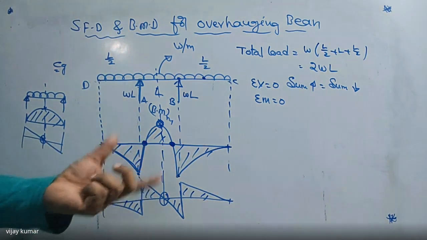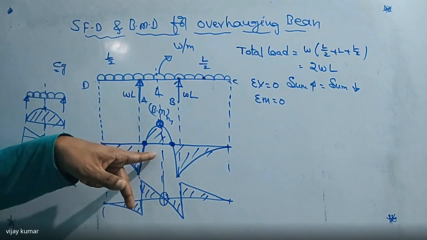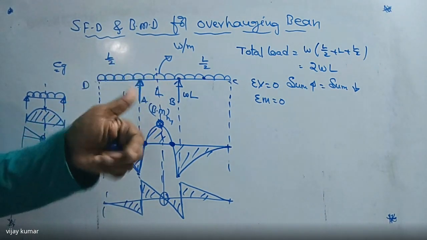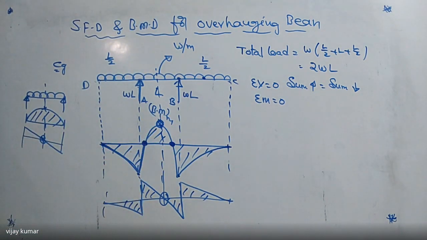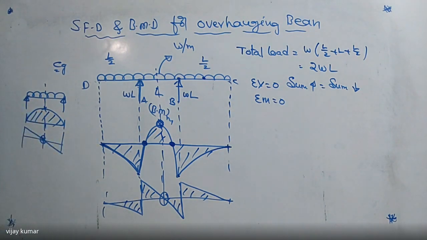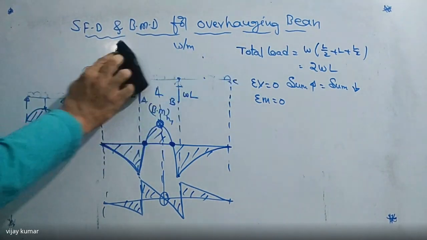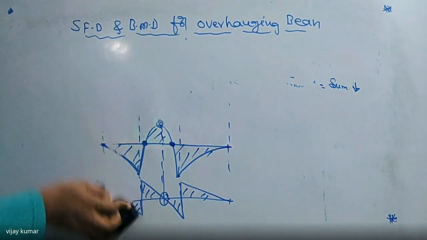In the GATE examination, they will ask questions: draw either the shear force diagram or the bending moment diagram. For this beam, how many contraflexure points do you get? Otherwise, they will ask what is the maximum bending moment, what is the maximum shear force. They will ask any type of question. So this is the case of an overhanging beam subjected to a uniformly distributed load over its entire length. Now I want to give one more example problem on this. After that, I will give another model, the internal hinge, when beams are subjected to internal hinges. Listen carefully.